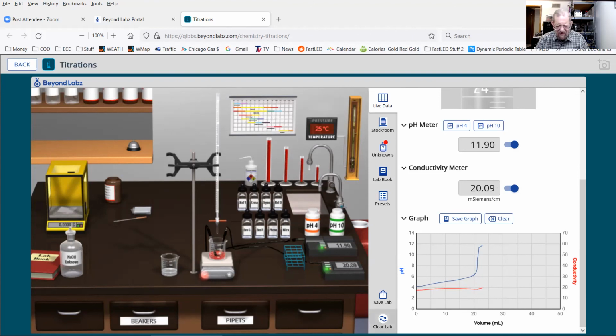Now, notice in the lower right center, it says Clear Lab. You're going to be doing this twice. Whenever in a lab you do a standardization, you never do one. And